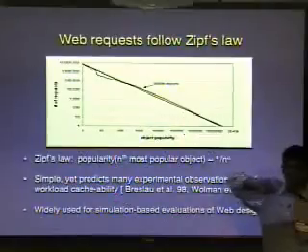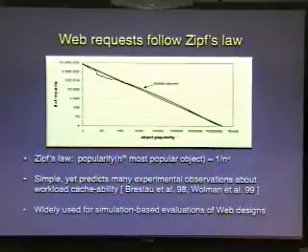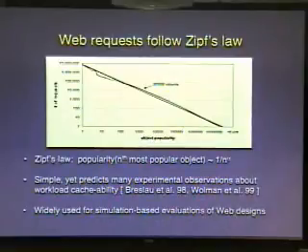Now clearly, the web follows the Zipf distribution pretty closely. In some sense, Zipf is kind of an ideal distribution for the web workload. First, it's very simple. Second, it intuitively captures the most essential characteristic of these web workloads, which is that you have a small number of files which are very, very popular and a large number of files that are very unpopular. And finally, researchers have also observed that many of the experimental observations about the workload cacheability can be predicted by this very simple equation. So as a result, Zipf's law was widely used for designing many of the web system designs that have dominated the internet at the end of the last decade.